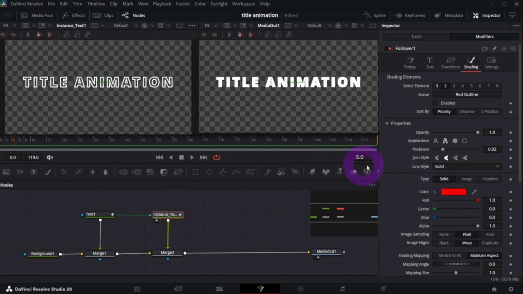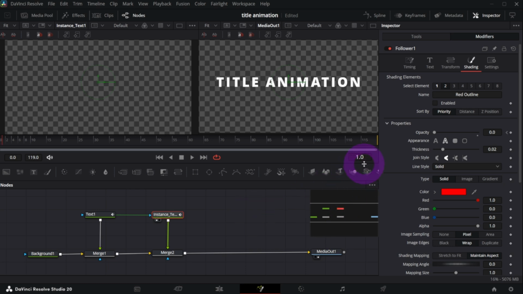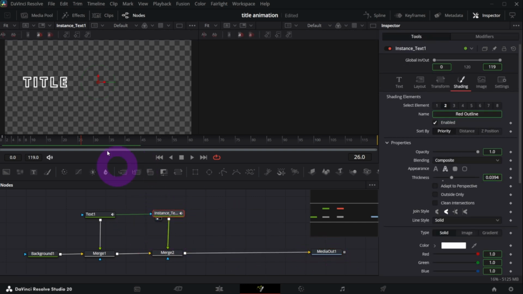Okay, so let me go to frame number 0. So at the beginning of our animation, you can see that our playhead is at frame number 0. And in here, I will keyframe opacity. So at frame 0, I will set it to 0. So it should not be visible. But remember to keyframe it. It has disappeared. Now let me go one frame further to frame 1. And let's bring it back to 1. Okay? We got our first letter, first outline of the letter. Let me disable this media out to not confuse you, because right now we are focusing only on instance copy. So if you play it,